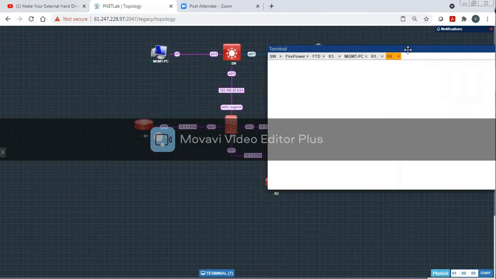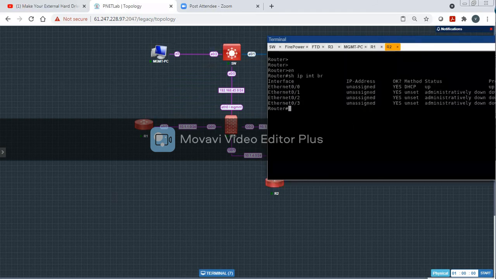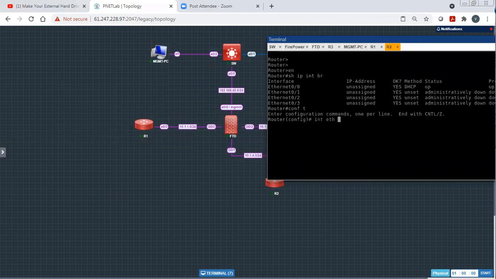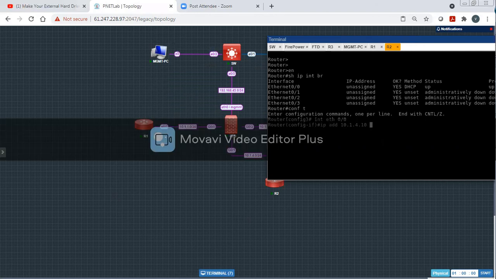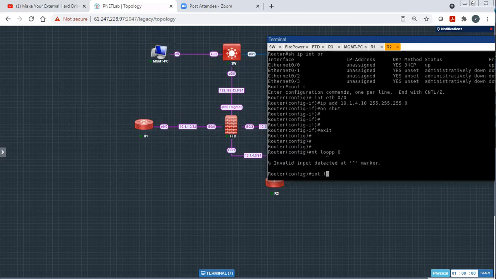As per the IP scheme, on Ethernet 0/0 of R2, the IP address would be 10.1.4.10, because I would like to have 4.1 on the FTD interface, with a no shut. Now exit. I'll be configuring certain loopbacks. So interface loopback 0.